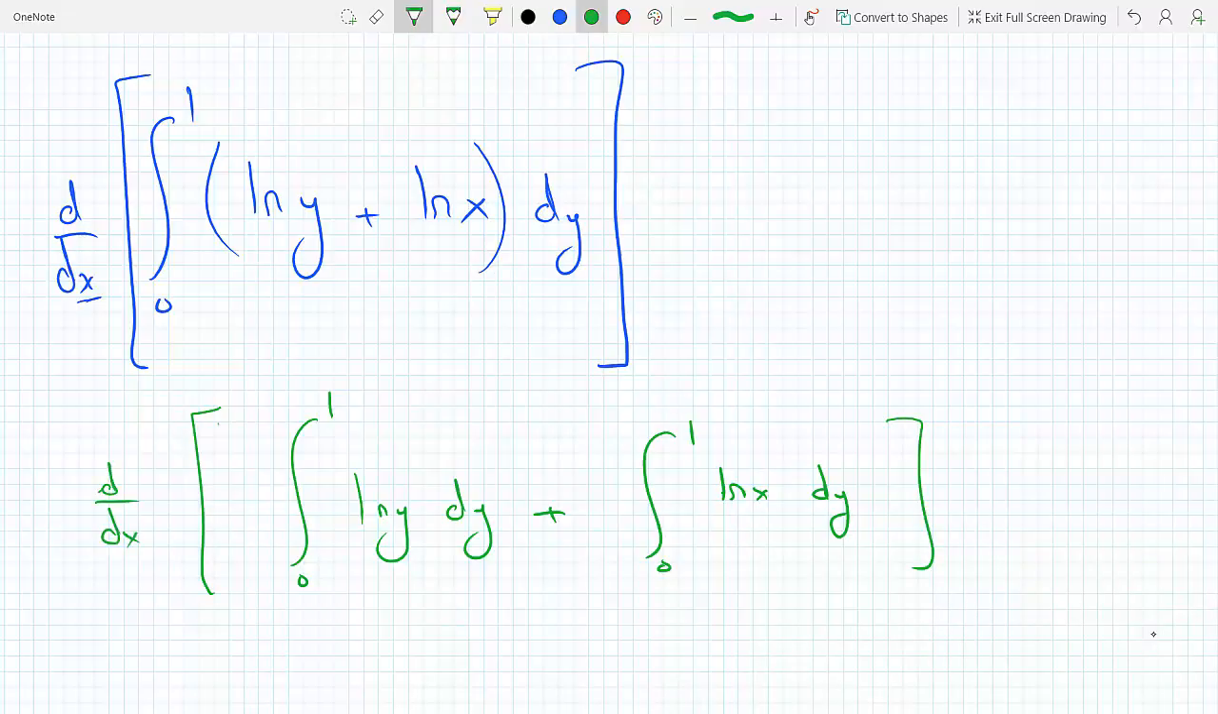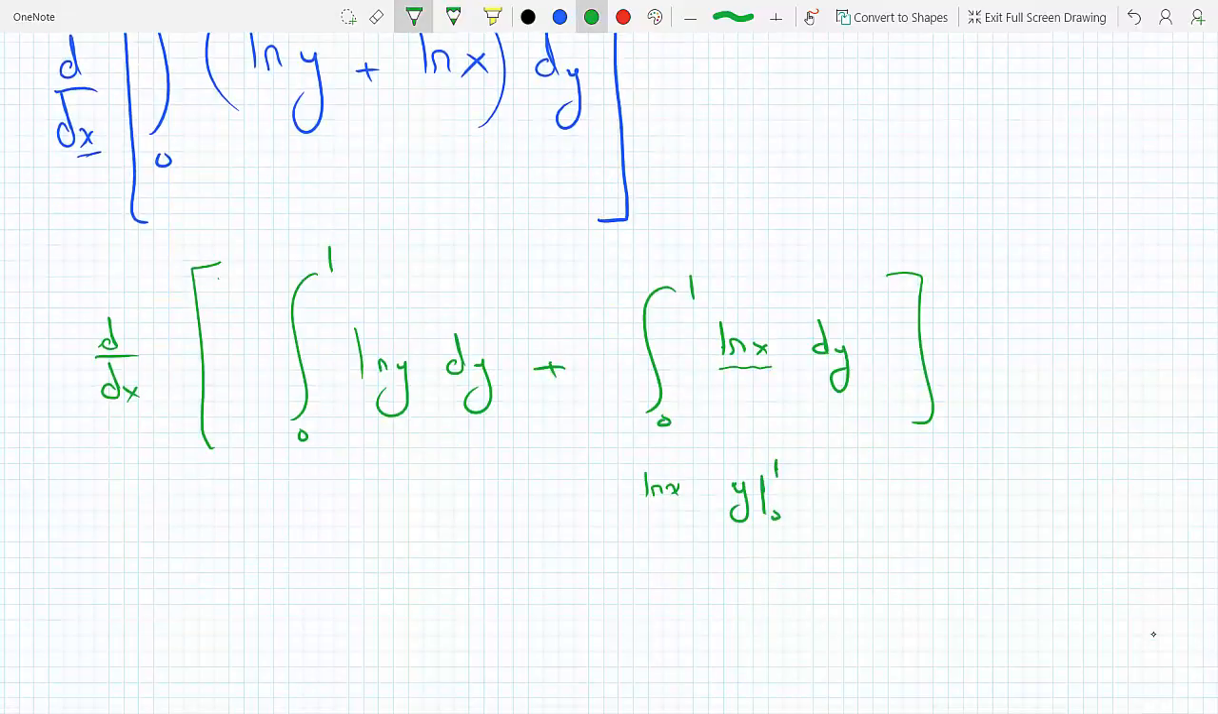Okay, now ln x here is independent of y, so this just becomes ln x times the integral of dy, which is y from 0 to 1, which will just be 1. So this second term here will simply be ln x. Now the first term here, we do have to use integration by parts to integrate ln y,